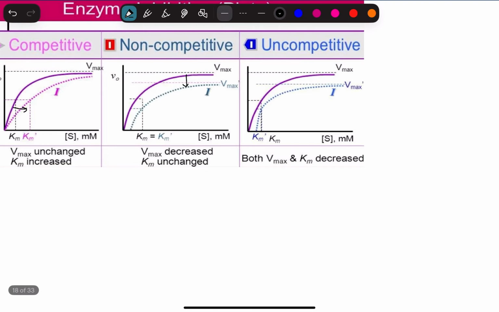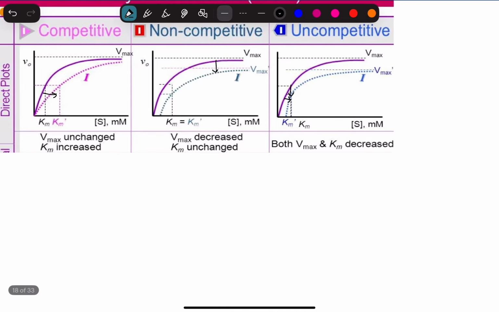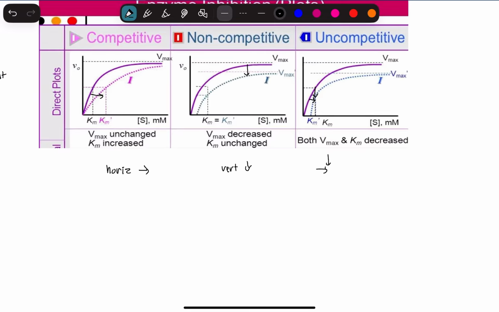And then when we see a non-competitive, this is when we see it goes this way and it also goes down this way. So we can think about this one as horizontally going right, and for this one we can think that it's like vertically going down, and then for this one it's going both this and this, so it's like going down in both directions. So it's going down in the horizontal, and it's also going down